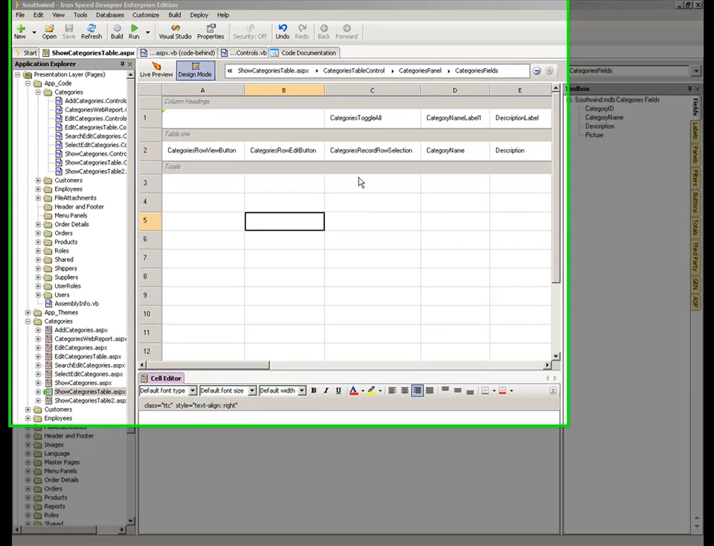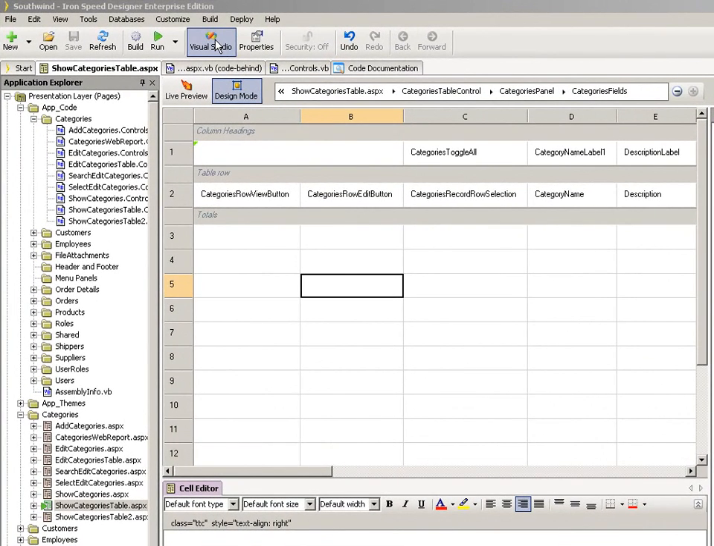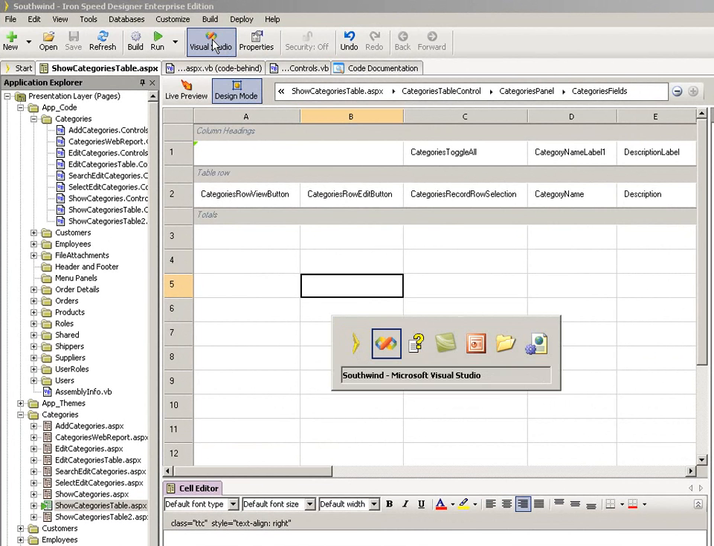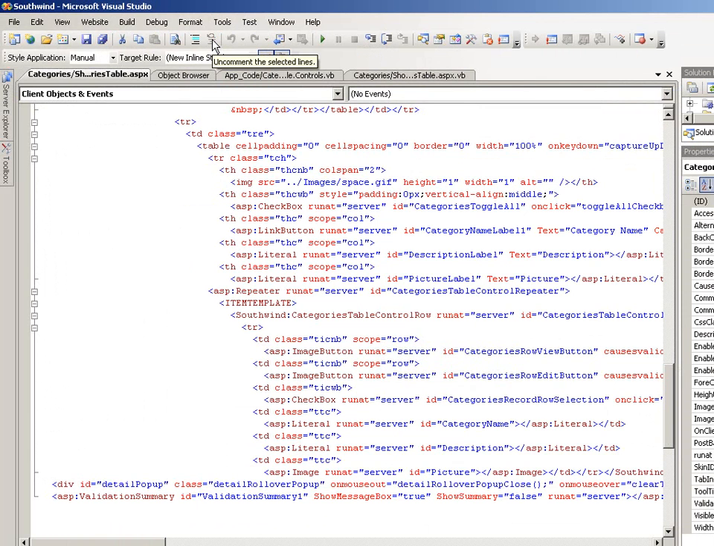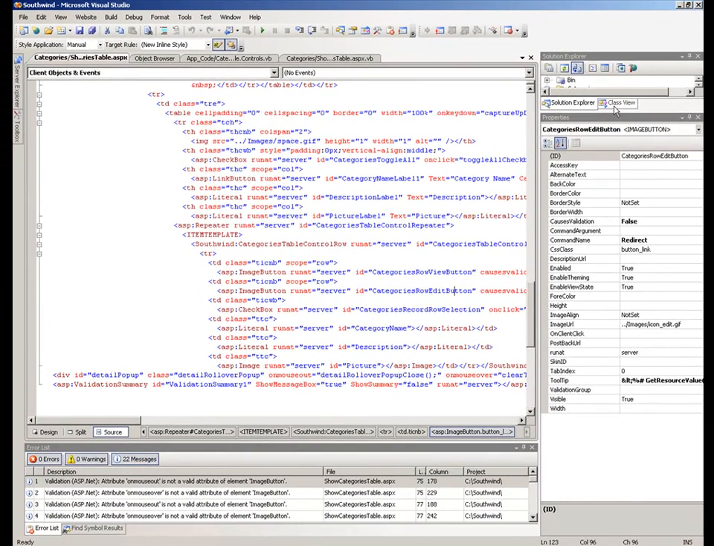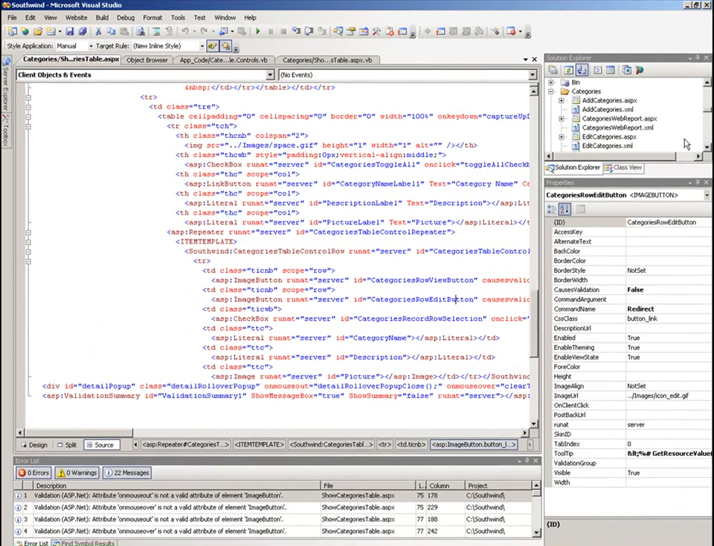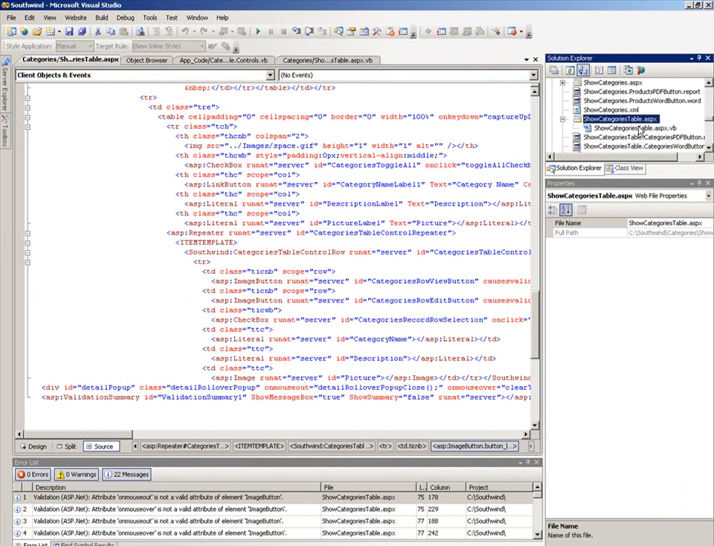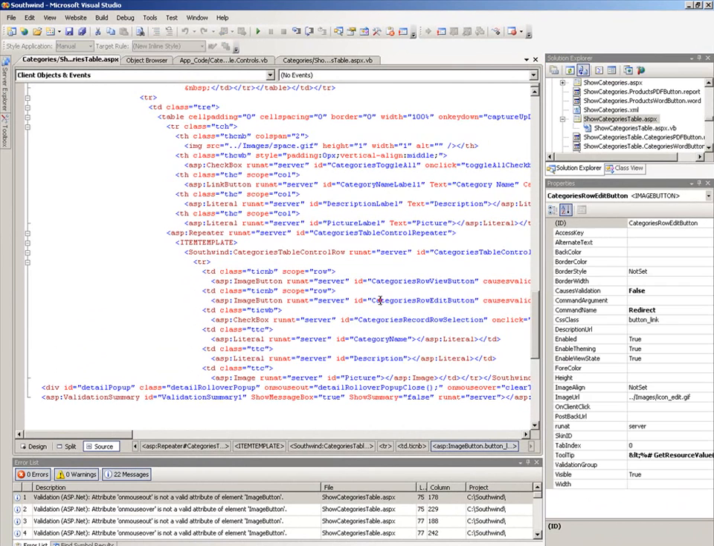So if we could, of course, click across to Visual Studio simply by clicking the Visual Studio button on the toolbar within IronSpeed Designer. I've already got it open on my machine, so I'm going to pop straight across there. So here I'm looking within the Solution Explorer. I'm looking at the Show Categories table ASPX page, and in here in the source,